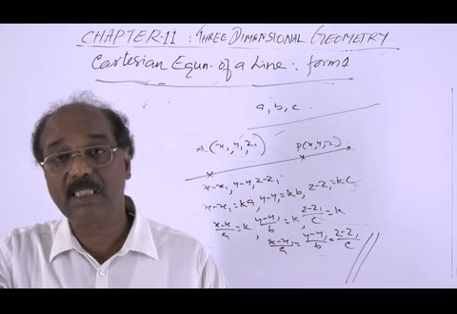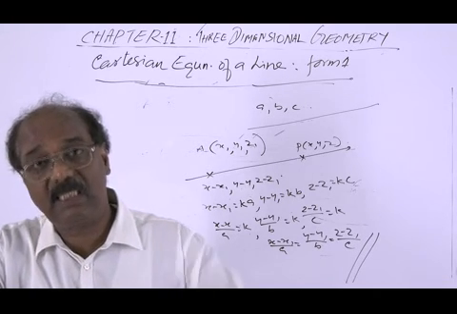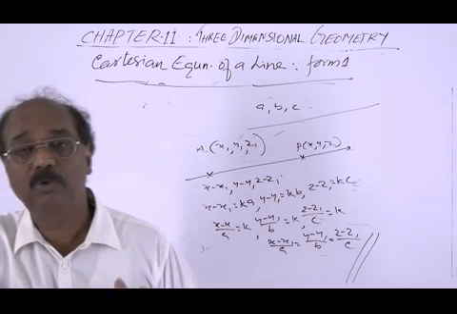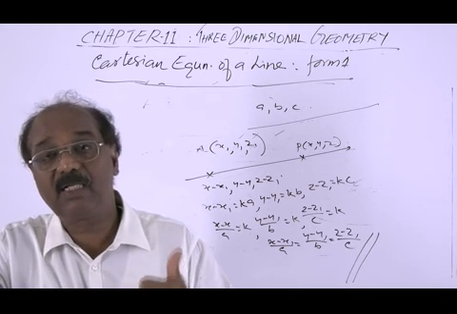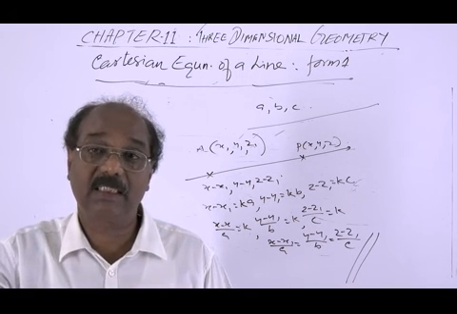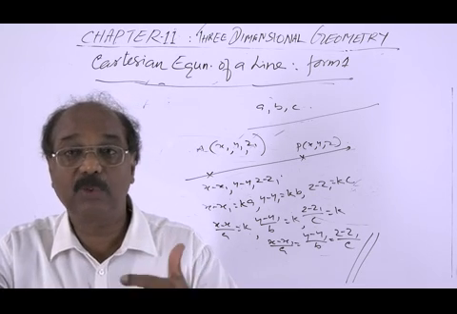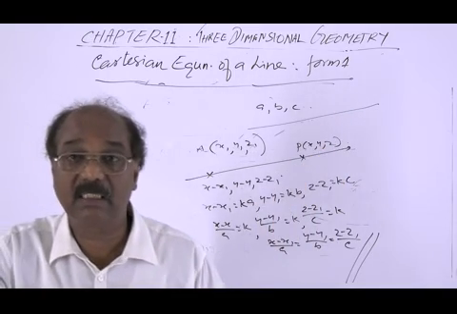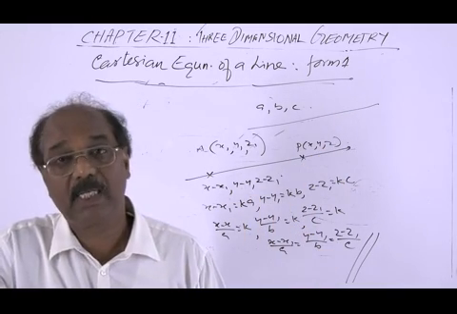So in the examination, if you are asked to derive the vector equation first and then asked to derive the Cartesian equation, you choose the first method, using the vector equation to derive the Cartesian equation. Otherwise, if we are directly asked to derive the equation of the line passing through the given point and parallel to a line or parallel to a vector, it's better you use this method. Okay? That's all.